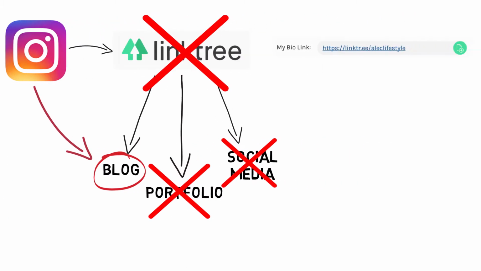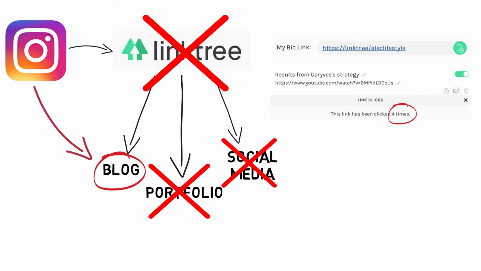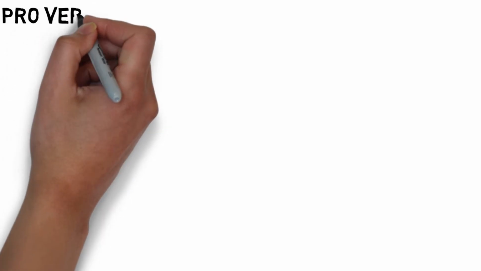One distinguishing feature is that your Linktree profile link is branded with your Instagram handle, even if you use the free version. Now, this free version also includes unlimited links and 3 Linktree themes. For those of you who like stats like myself, you can also see the total number of clicks for each link. Now, if you want more than this, for a price of $6 a month, you can upgrade to the